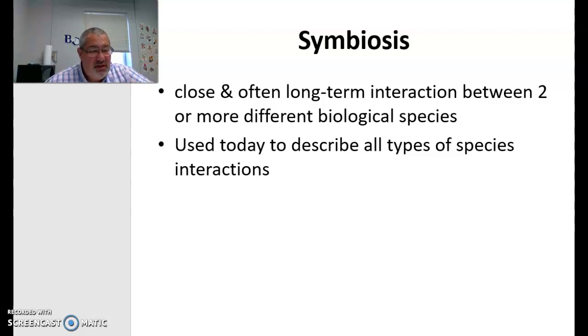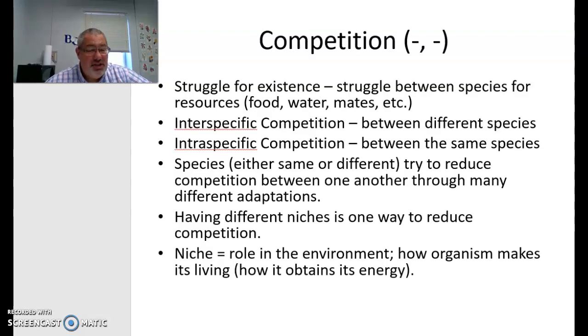Instead, I'm going to use the specific types of interactions and use those terms, such as competition. And really, competition is going to be most of the remaining slides. So if you look inside the parentheses, you see that competition is considered to be the most harmful species interaction, that it tends to be negative for both participants. Darwin defined competition as a struggle for existence, that species either of the same or different kind would struggle for the resources that they need to survive and then